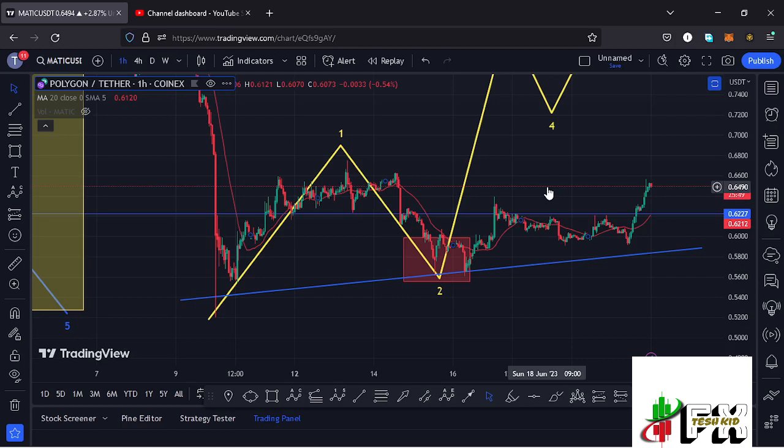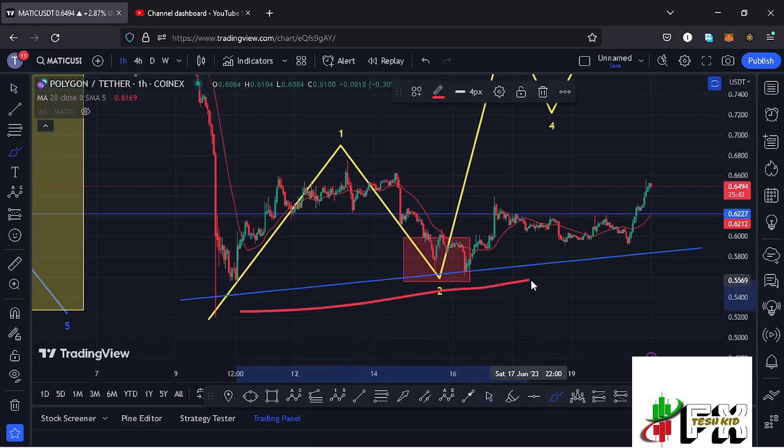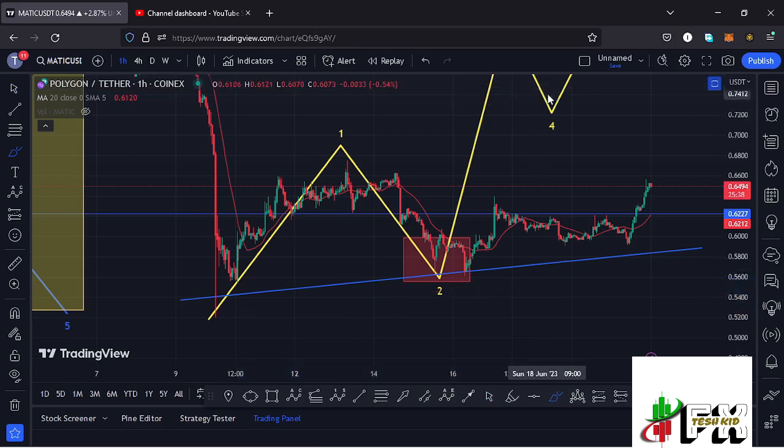At the time of this recording, Matic has continued to hold above our ascending trend line, and we have also continued to gear up, where we have now seen a break above the 20-day MA here on the 1-hour chart, and also a break above our key area of resistance at around the $0.62 to $0.67 mark. And on the 30-minute chart, we can see a successful retest before we continued gearing up in a breakout move that has now given us a peak at around the